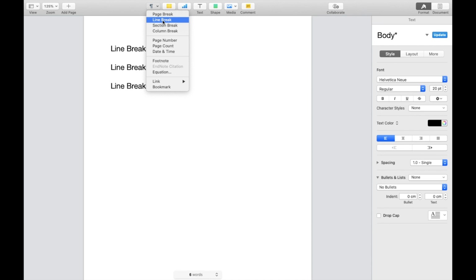And if you were to go ahead and press on line break, as you can tell right here, there actually is a line break that is added, just like that. So if I were to go ahead and add a line break right here, I'll just go to the top here, press on insert, press on line break, and then you go to the next line, just like that. So super simple, super straightforward, but this is how to add, or how to have, I guess, a line break